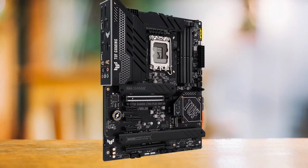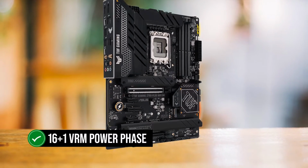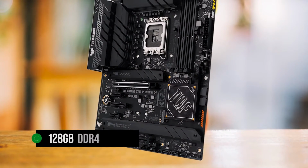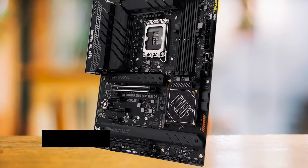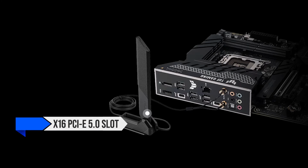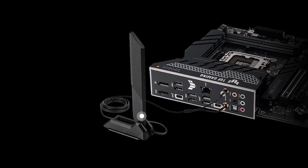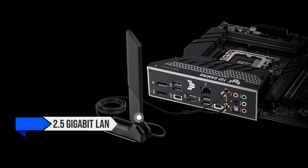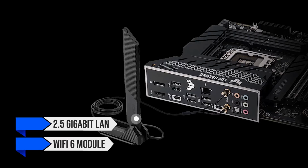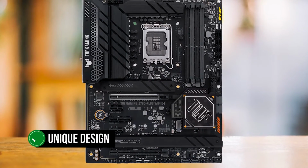The motherboard's specifications are impressive. It supports CPU overclocking, has a 16+1 VRM power phase design, and can handle up to 128 gigabytes of DDR4 memory. It offers a variety of PCIe slots, including a x16 PCIe 5.0 slot and multiple PCIe 4.0 slots. The USB connections are plentiful both at the rear and front, and it features a 2.5 gigabit LAN and a Wi-Fi 6 module. The TUF Gaming Z790 Plus Wi-Fi D4 stands out with its unique design that gives your system